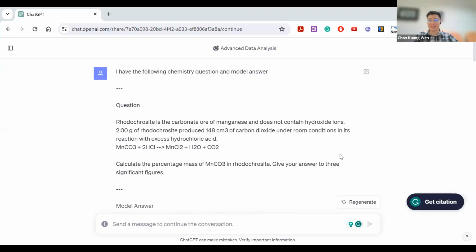Because when AI creates a question, I need to vet the question. I want to make sure that it's correct. But when I look at the repository of questions that we have, it's really a lot. Over the years, every year teachers will set questions, and when we put all of these questions together, nobody can finish it in their entire lifetime. So why is there even a need for AI to generate questions, right?